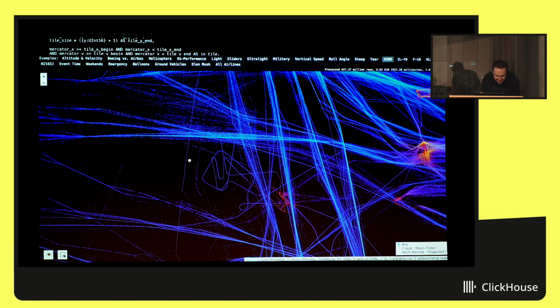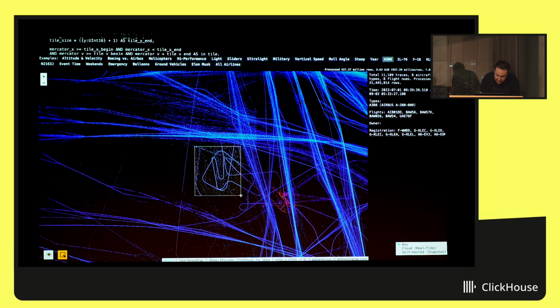So this interesting trace, when they just fly and then turn around and go back, it is a place where these new A380s have been tested. Unfortunately, there will be no new A380s anymore.